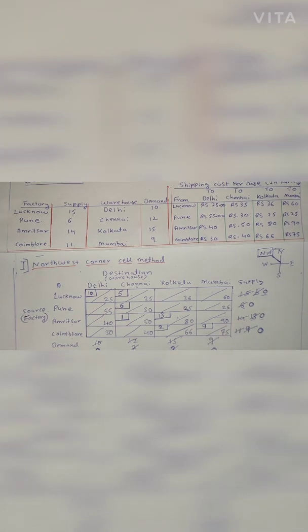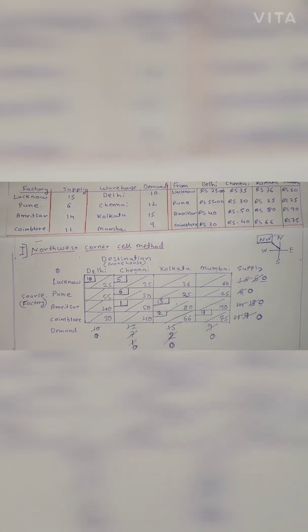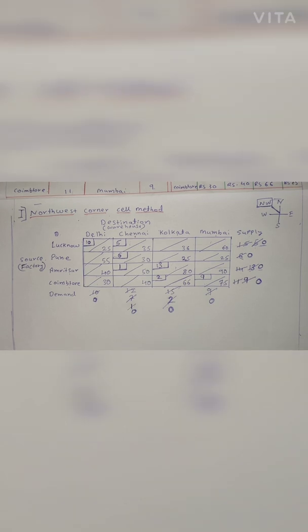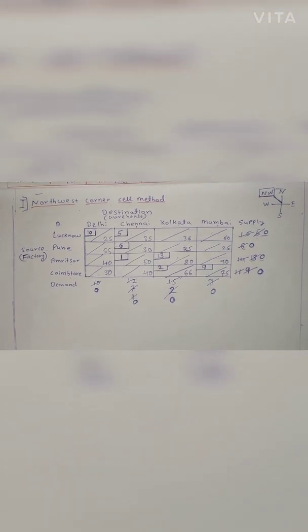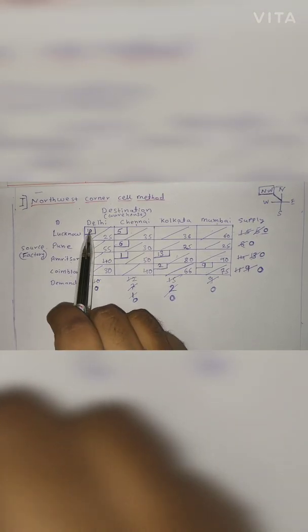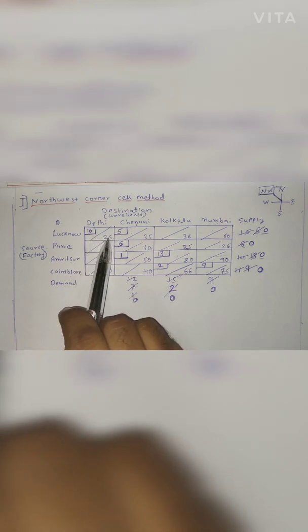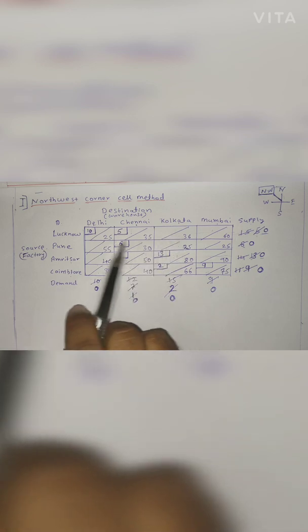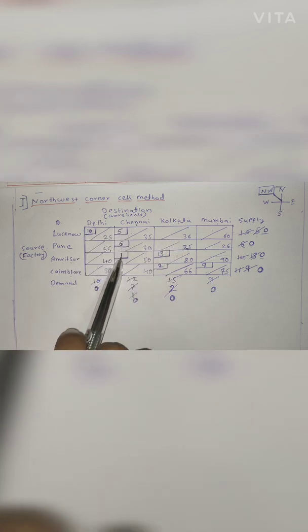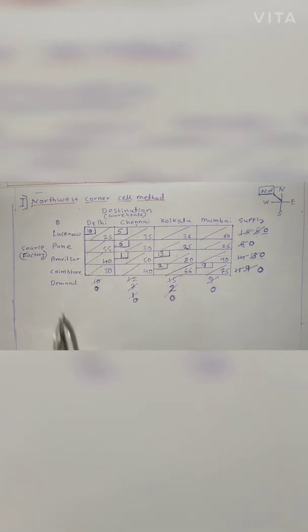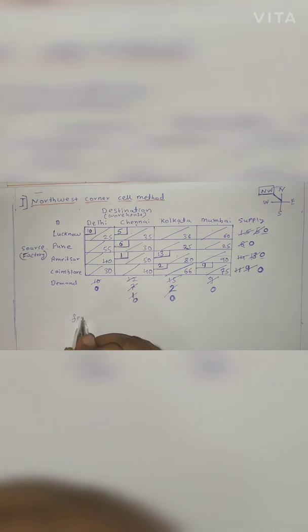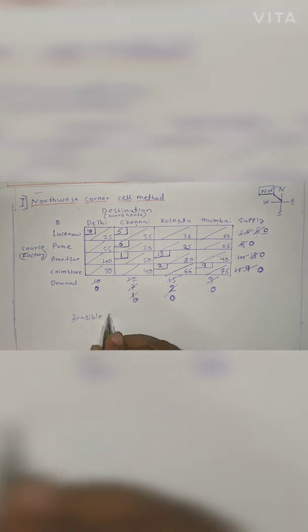How do we find the solution? This has come to 0. Now how do we find a solution? To find a solution, we have some values in the box, and in that same cell we have one value over here. One value in the box and one value in the cell. So we have to consider all the cells where there are these boxes. So this is to find a feasible solution.